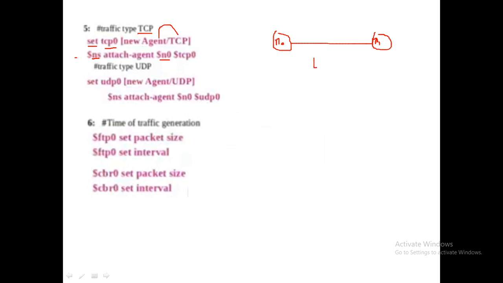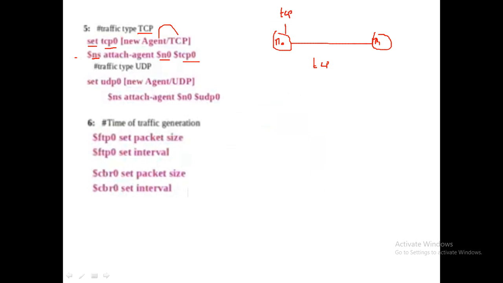Now this link is TCP. If this is your TCP link, then n0 is your source. The tcp0 is the object you have created, and you are linking it to n0. You are going to say that this n0 is of TCP, linking it to your TCP protocol here.